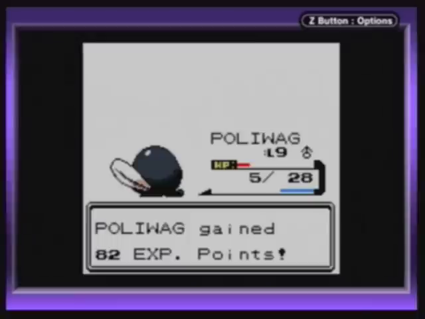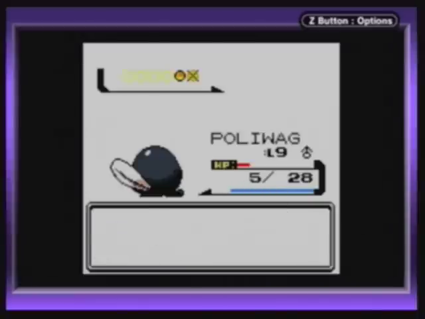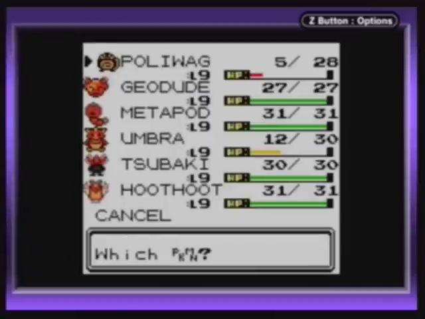Alright, well, that's over with. And now he's going to send out his other Pidgey, which I believe is also level 7 too. Let's go ahead and throw out...